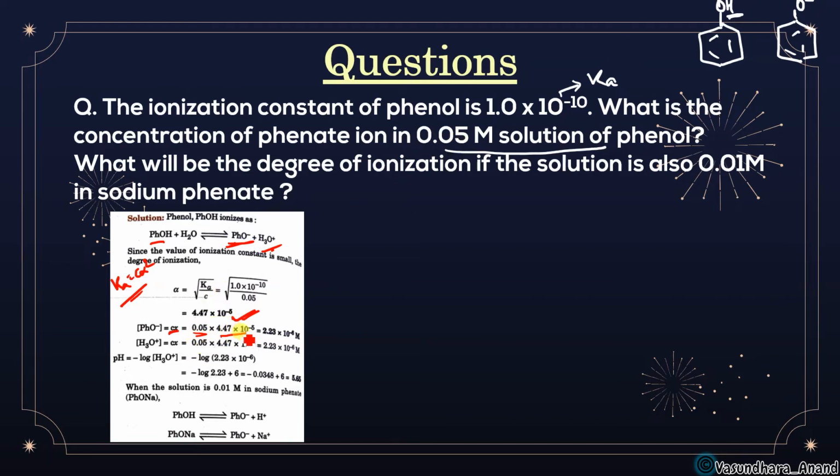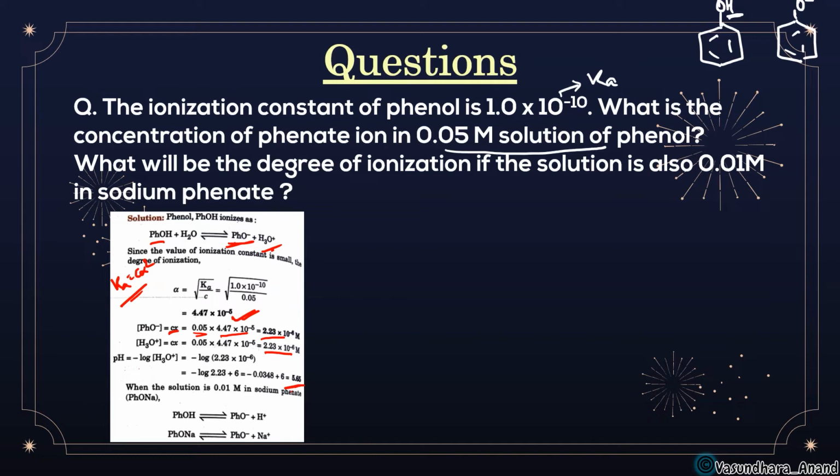So that you have used and you got this. So equal होगा H plus का concentration भी. So we got it like this. Okay, now हमें pH निकालना है. So pH यहाँ पे ये पूछा गया ना कि what is the concentration of phenolate ion in this phenol and what will be the degree. तो आगे हम करते हैं, फिर we will find this first, we will find this pH. So pH is equal to minus log H3O plus concentration, and you just solve it and you will get this 5.85 something. ठीक है, अब आपसे पूछा जा रहा है यहाँ पे कि what will be the degree